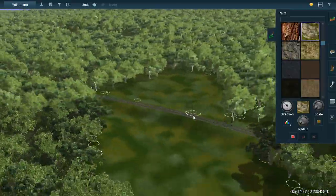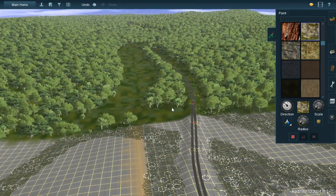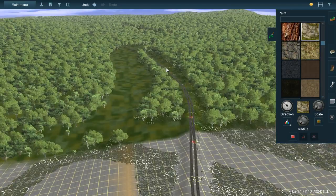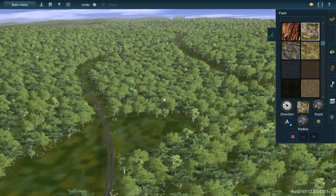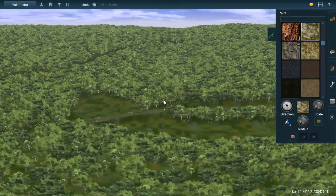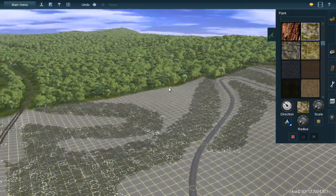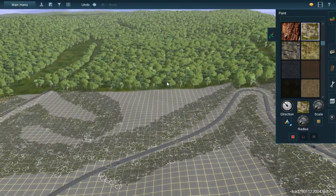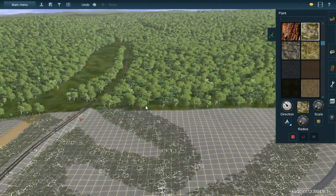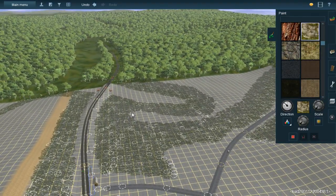Okay, so Chris mentioned something, and I think I want to follow through on it, because originally I went, oh well, but I think I want to follow through on it. He said he thought this would be like a clearing, and now that I think about it, I think I maybe should make it a clearing. So, I wish I could delete a lot of assets at once, but this is going to be a lot of clicking. Full stop. I'll leave this as trees